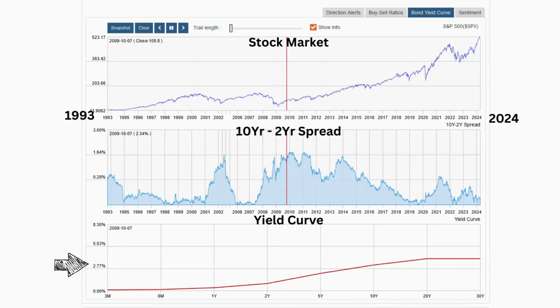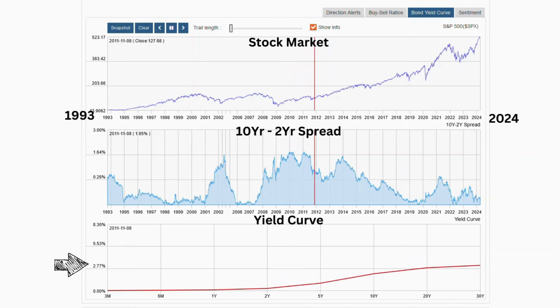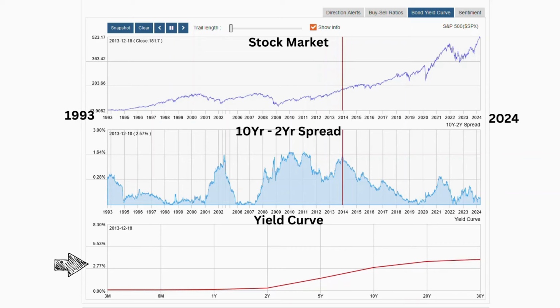This phenomenon occurs when short-term interest rates exceed long-term rates, reflecting investor expectations that future interest rates will fall as the central bank lowers rates to support a slowing economy. Historically, each U.S. recession since 1955 has been preceded by an inverted yield curve, typically 12 to 18 months before